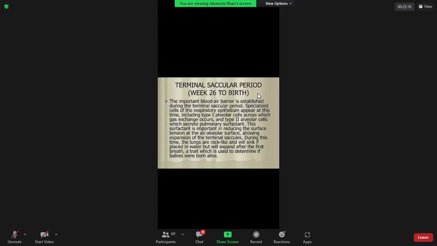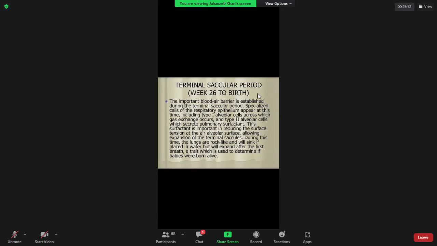ठीक है ना, type 1 are your blood air barriers, and type 2 are your surfactant producing cells basically, which reduce the surface tension. So during this time, the lungs are rock-like and will sink if placed in the water, but will expand after the first breath. शुरू शुरू में अभी तक आप देखोगे कि अभी तक लंग्स फंक्शनल नहीं हुए, लेकिन बट व्हेन द फर्स्ट ब्रेथ इज टेकन, जब दुनिया में आने के बाद बेबी डेवलप करता है, बर्थ होती है